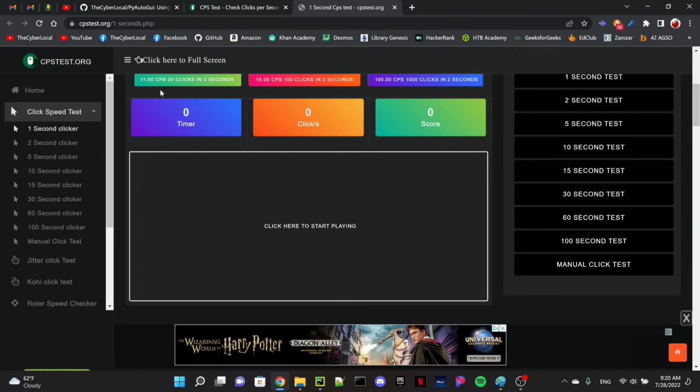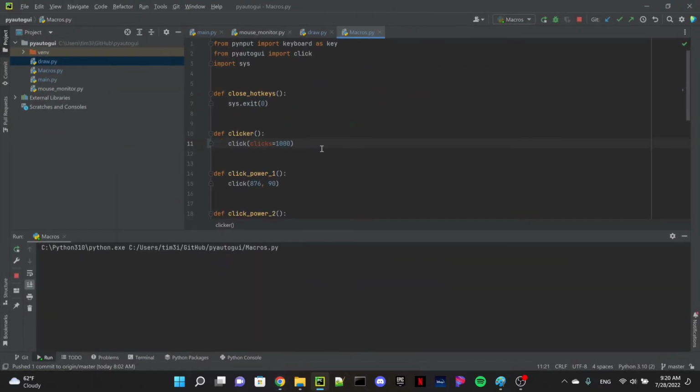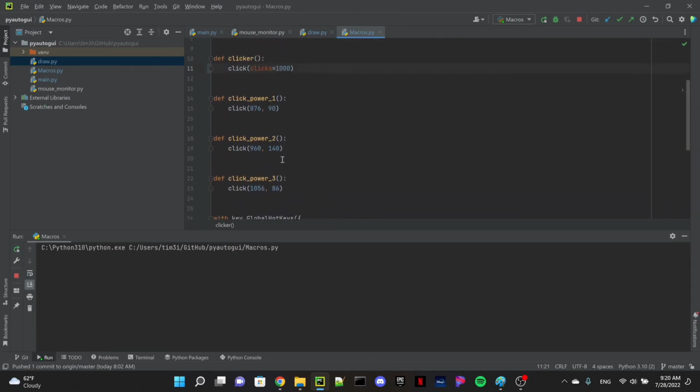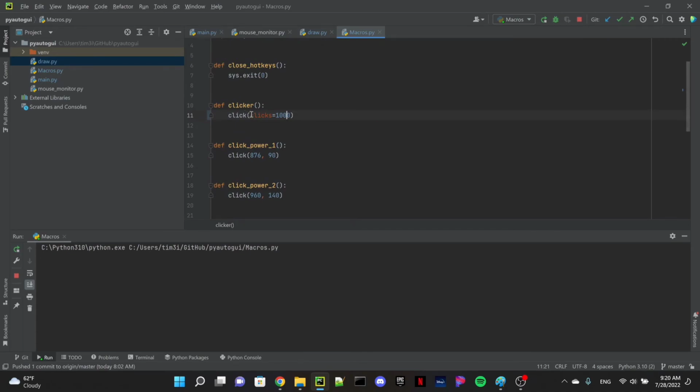Oh, and it's not doing 15 clicks per second, by the way. It's actually doing it as fast as possible, and it's only on a 1-second challenge. So within that 1 second, it clicks 15 times. Because as we see right here, it doesn't have a wait. It just clicks. So let's do 2,000